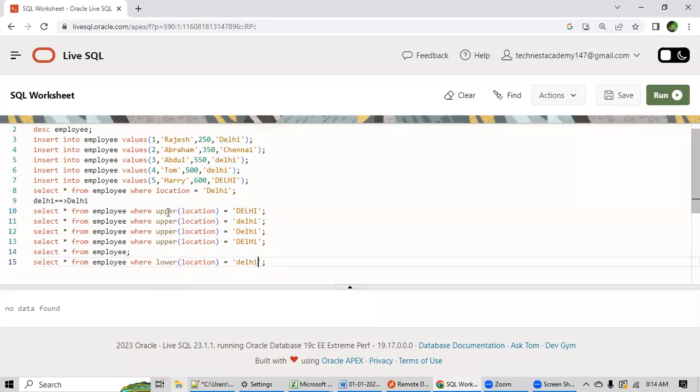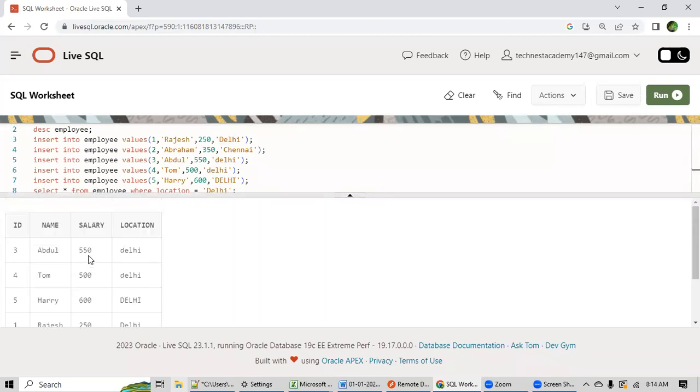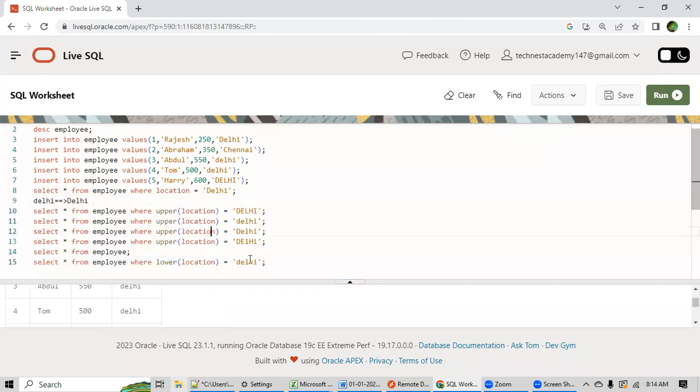If you have written upper, everything has to be in uppercase. If you have written lower, everything has to be in lowercase. I'm running this query, verify the output. Is this the same output? Yes. Okay, fine.